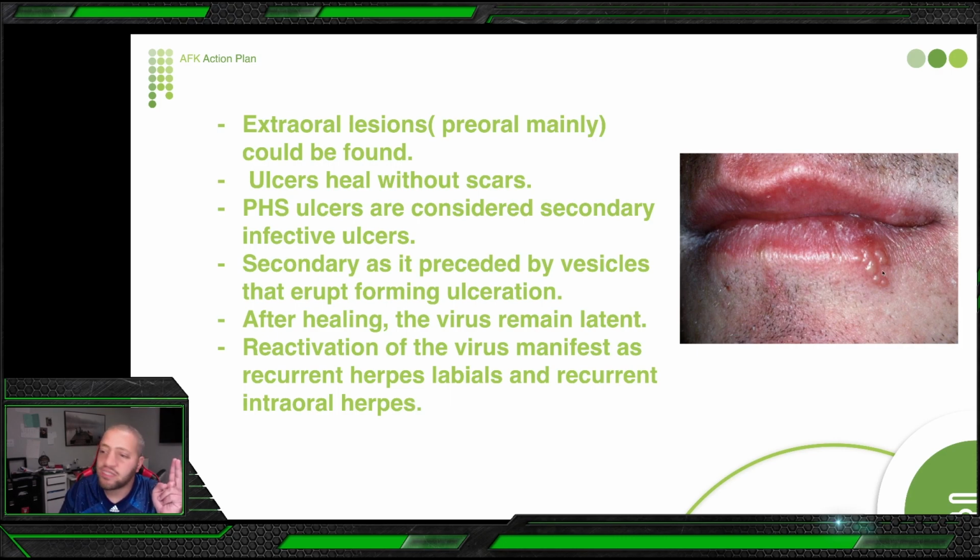If it's preceded by vesicles, it's recurrent herpes labialis. And second, which is not super accurate, but you can aim for this one, if the question is saying it's in attached gingiva or keratinized gingiva or non-keratinized gingiva, because recurrent herpes is most commonly happening in attached gingiva, which is keratinized gingiva, while the other one, aphthous, is happening in non-keratinized gingiva.